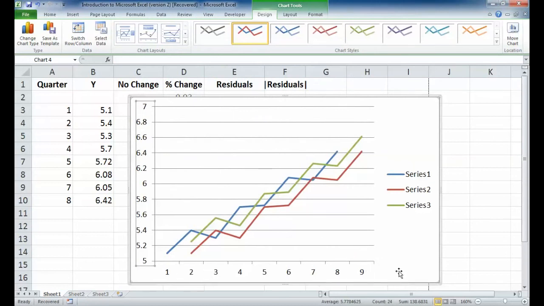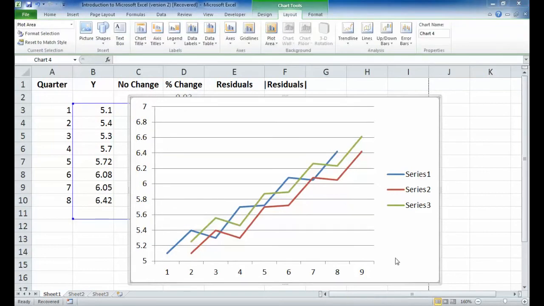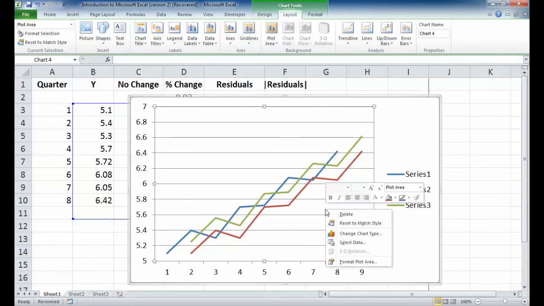You can see data goes out by period, and we can see the difference between the percent change and the no change forecasts of it. This is looking pretty good, but in order for someone to be able to look at this and actually know what's going on, we need to add some axes labels and some data labels over here. So let's first add the labels to our series data. So we're going to click on our main menu, right click,